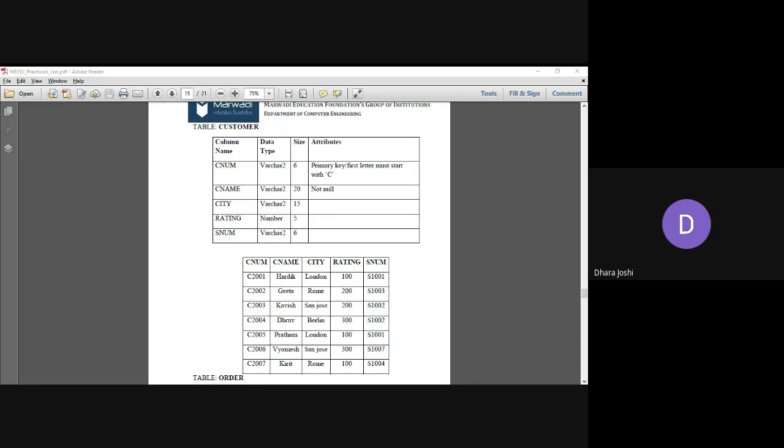Okay, I hope till now everyone has completed the customer table creation part, and all of you are now starting with the records inserted into this relation. I'm just zooming out the part of the records right now so you can refer to it.